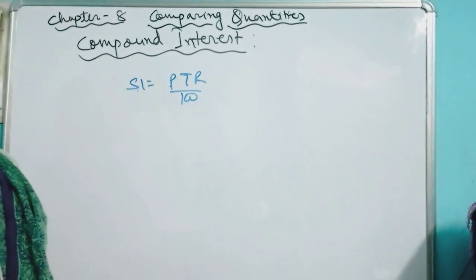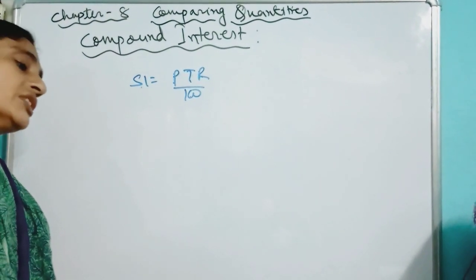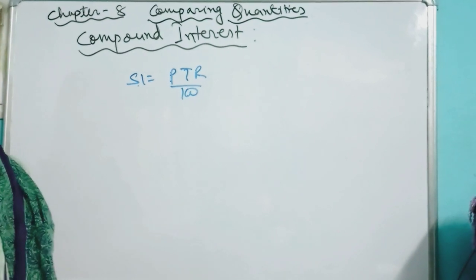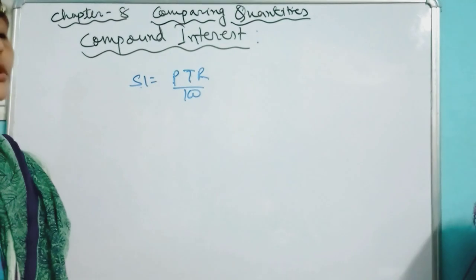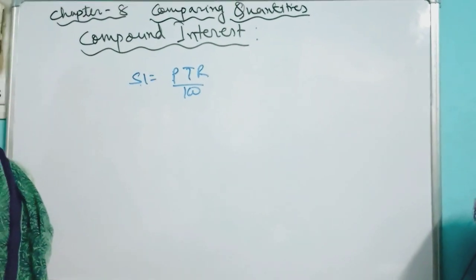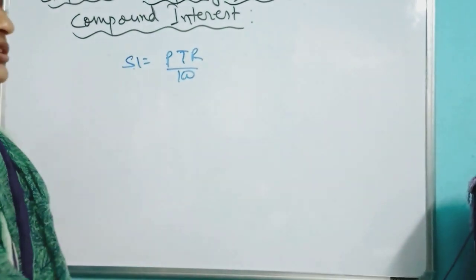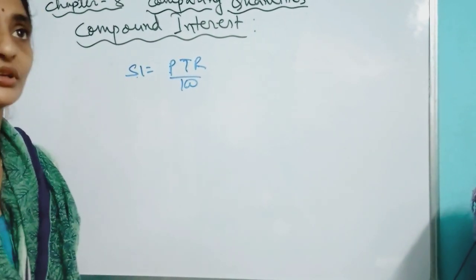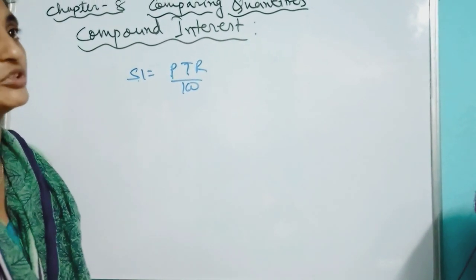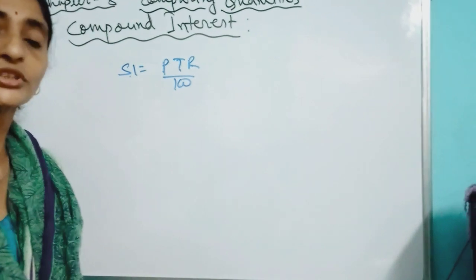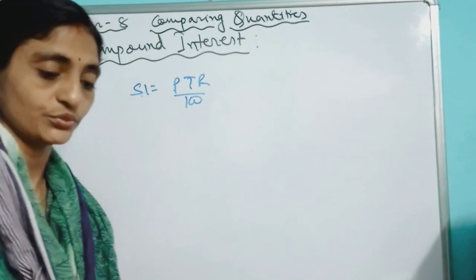But when we talk about compound interest, the interest you get on a certain principal is included with that principal at the end of the period. If it is compounded yearly, after completing 1 year that interest is included with the principal, and you get the amount. This new amount becomes the principal for the second year. In this way the rotation will continue.